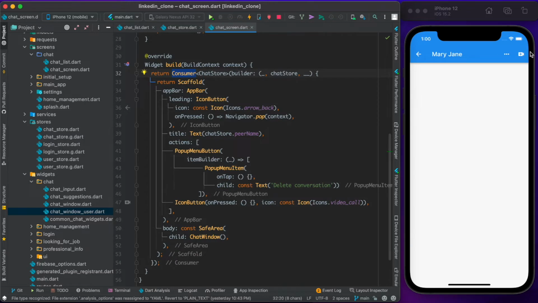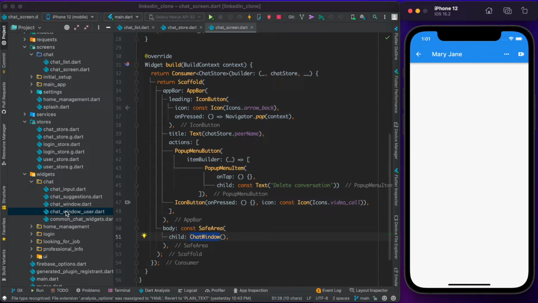Other than that, we have a video calling button here which is not implemented yet, and a delete conversation which we will implement in this video later on, and finally a chat window that has been called. I'd like to point out that all these 5 widgets that we see here are the 5 things we'll be implementing in this video. The chat window is the scrollable list of messages that we'll have.